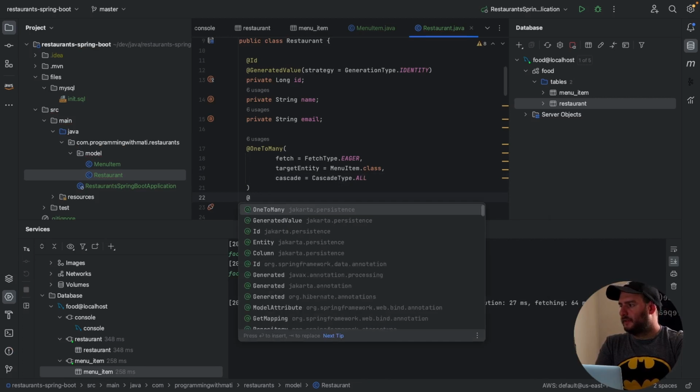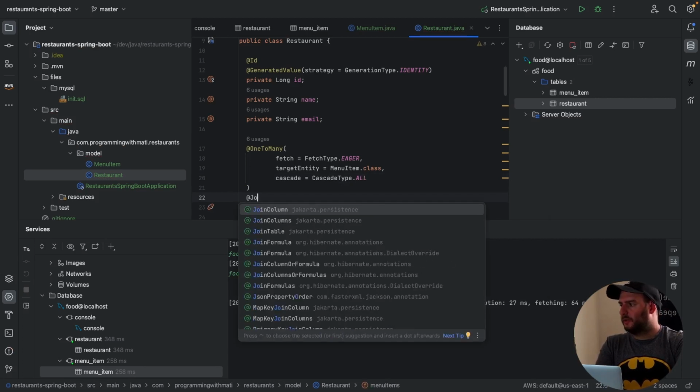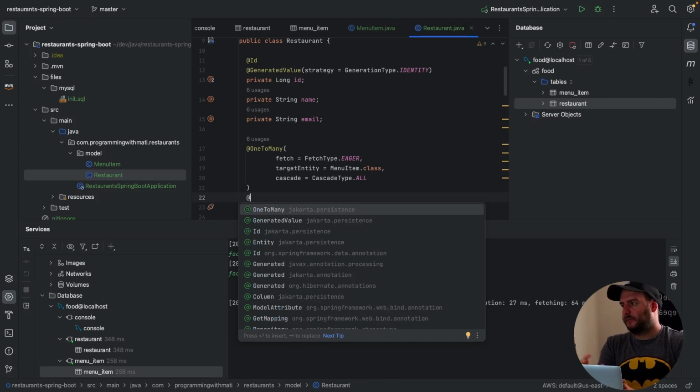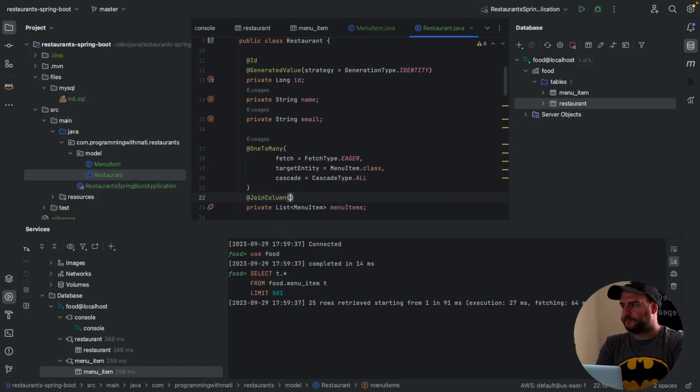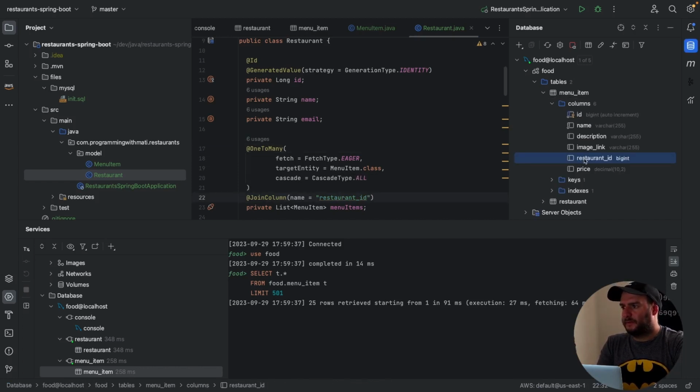And the other thing that we need to have here is the JoinColumn. It's a different annotation. It's not part of the OneToMany. So we put JoinColumn, and we're going to say name, restaurant_id. So now this is mapped to the menu items' restaurant_id. So we are telling Spring Data this is a column that you need to join both